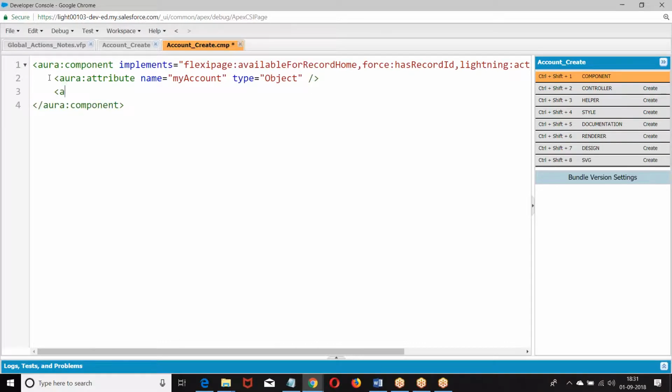We can make it an object or we can make it... then we are going to create force record ID.